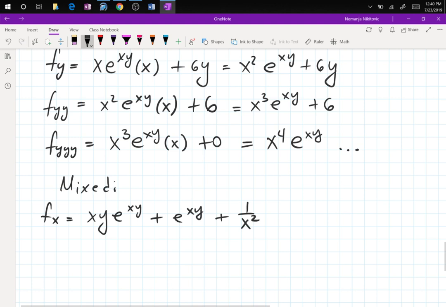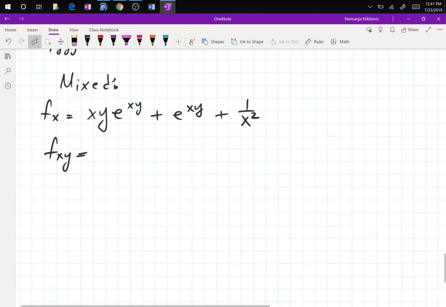Mixed. So now I have my partial derivative with respect to x. The next one I want is with respect to y. So we already have a first derivative with respect to x, and the next one is with respect to y. Oh, look at that. I have a product rule now in terms of y also, so I have to deal with that as well. Copy the first times the derivative of the second, which is e to the xy times